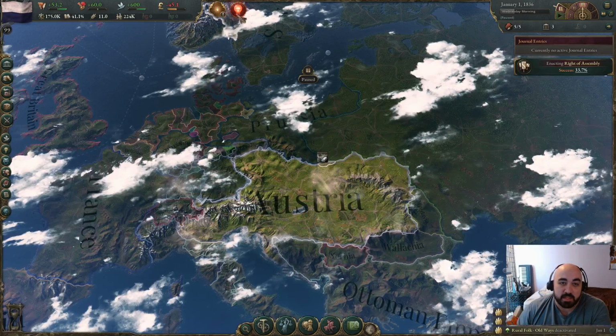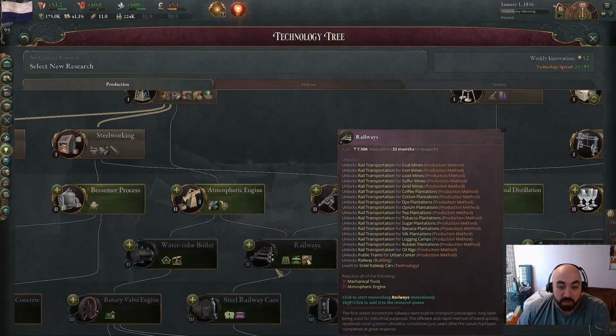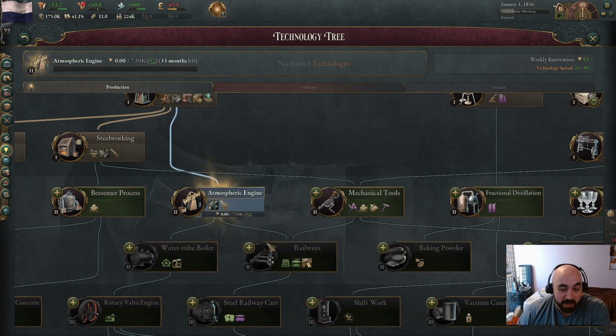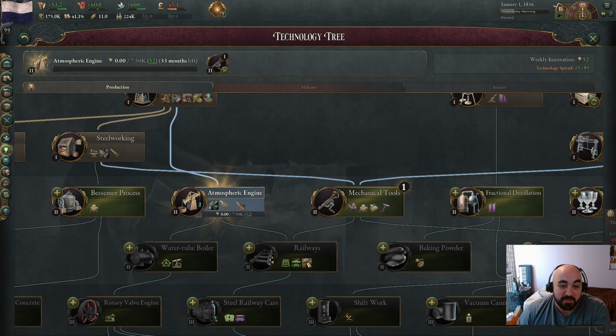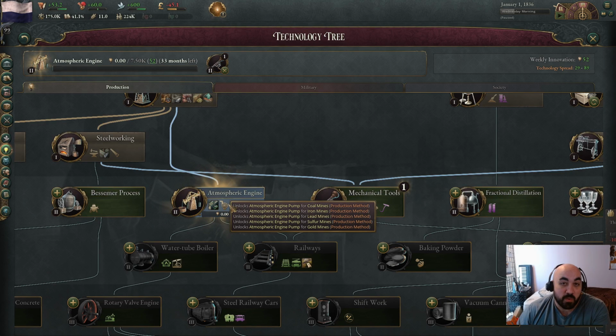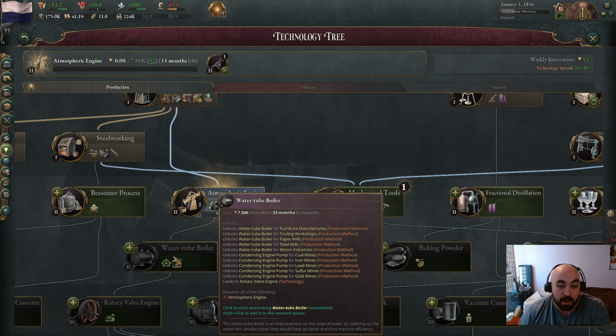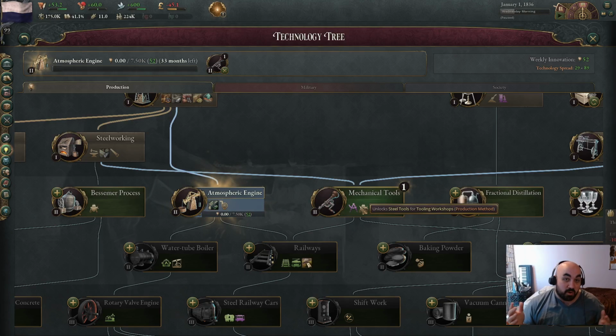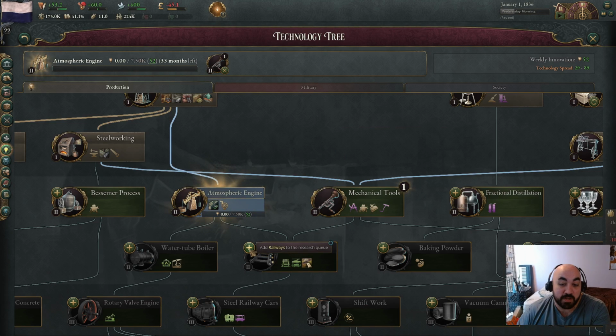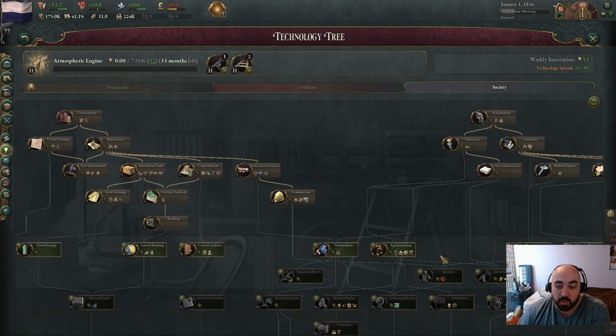Okay? Let's go over here, and we are going to need to go railroads as fast as possible. Atmospheric engine pump is going to be a little better because we're going iron mines first, then mechanical tools. Now, atmospheric engine pump has an event where if you have a level 3 mine using atmospheric engine pump and it's profitable, fully employed, this type of thing, you will get an event that will give you a little bit of tech progress to either water tube boiler or railways, but you need to have mechanical tools finished. So we're going to only finish 2 of the iron mines, and then we're going to finish the 3rd once we get mechanical tools. We'll add railway, which is the next most important, and then we will want to go